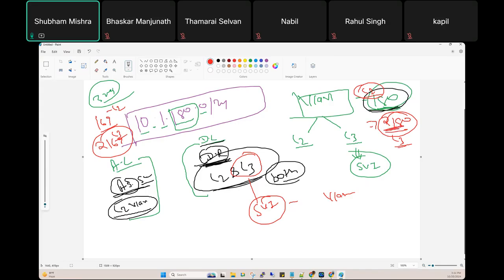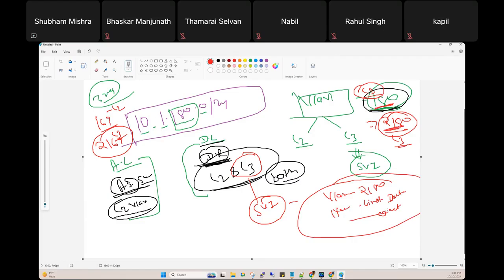So that is L3, that is 100. That's the reason this is L2. Now, for example, you create VLAN 2182, name LinkedIn data out. Fine. This is the name of the VLAN. Now, after that, what will you do? You will assign the IP address also.